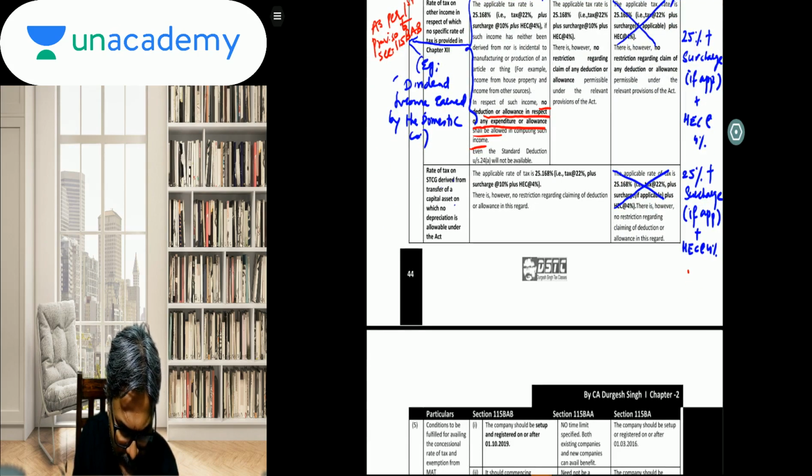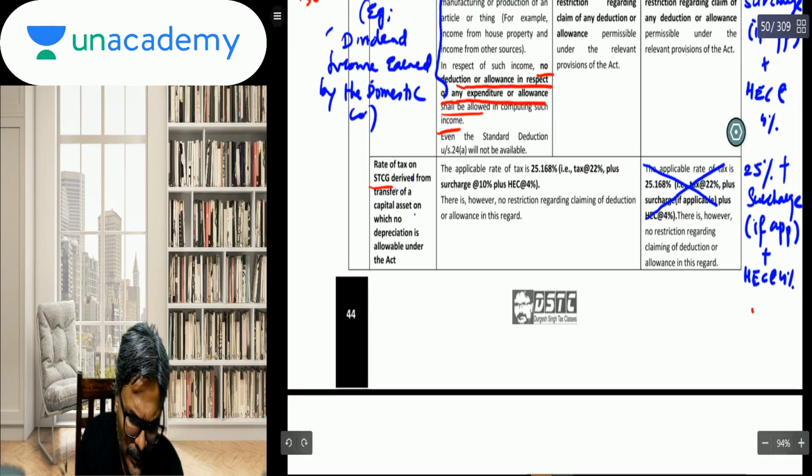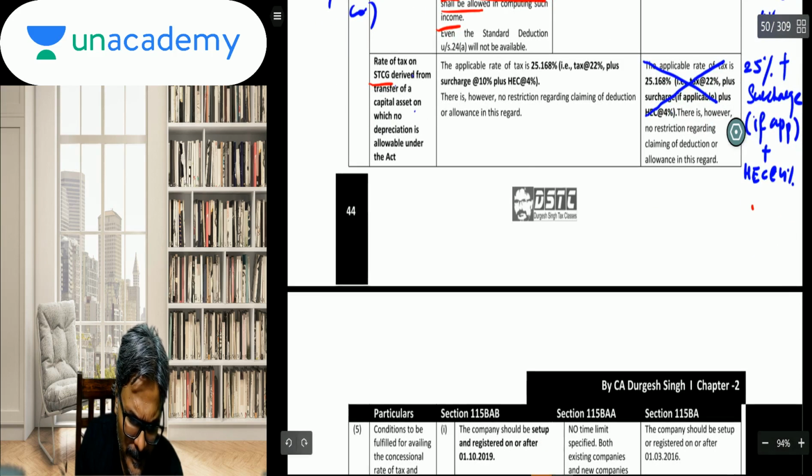Thereafter, students, if you see what they have said, rate of tax on the short-term capital gains from transfer of a capital asset on which no depreciation is allowable under the Act. So in that particular case, students, short-term capital gains, we are talking about this one. So short-term capital gains from the transfer of a capital asset on which no depreciation, so non-depreciable asset in this case. So the applicable rate of tax is 25.168